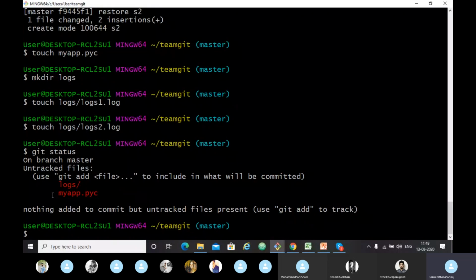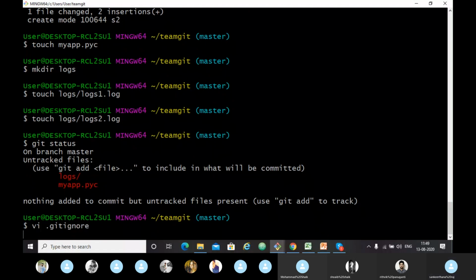How will you ignore it? We use the .gitignore file. So it will open the ignore file. It is also a Unix editor. You just have to give the file names you want to ignore. Previously you made a file with .pyc extension, right? Now you don't want anyone to track .pyc extension files, so you just have to type